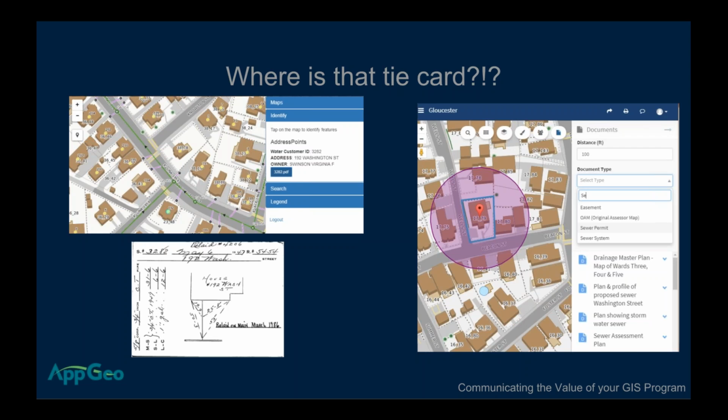An example on the left-hand side of the screen is this first app that we had, which provided that tie card information for all the homes in the city. But we realized, and they realized, that there were lots of other things they wanted access to. There were about 3 to 4 utility members out in the field every day, and after about 3 to 4 months of use of the first mobile utility app, they were reporting saving probably 1 hour to 2 hours a day when they were in tie card service mode.